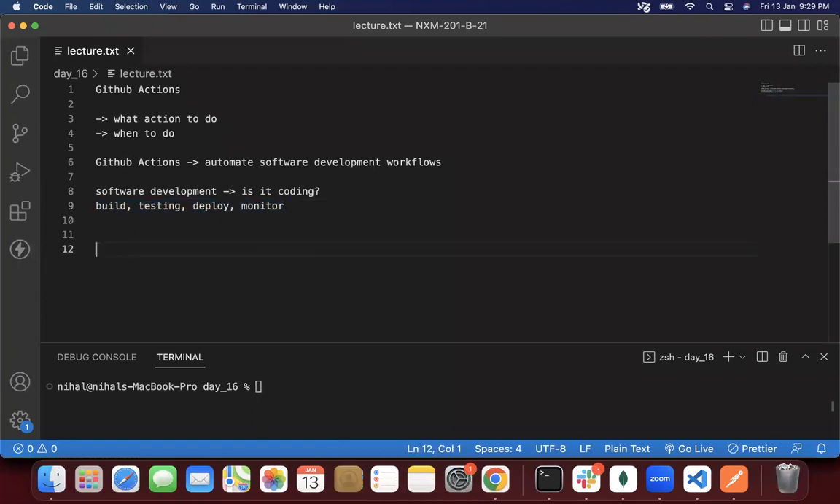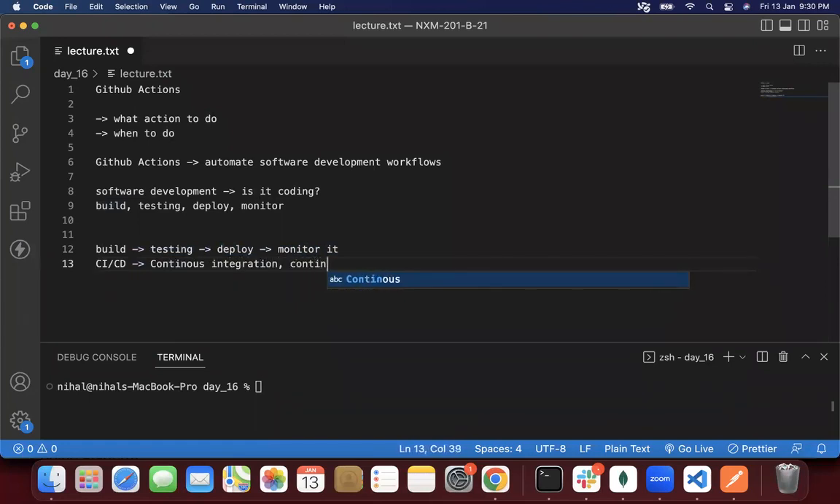Okay, so as soon as something is built, send it to testing. As soon as it's tested, deploy it, right? As soon as it is deployed, monitor it. Obviously we'll have various codes for that, various scripts to run, but just having the system in place, right? This system is also called CI/CD, right? So continuous integration and continuous deployment,